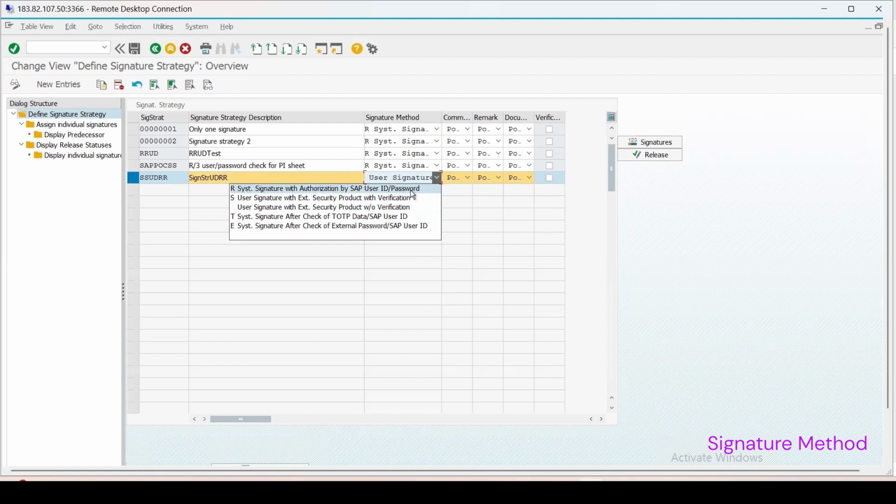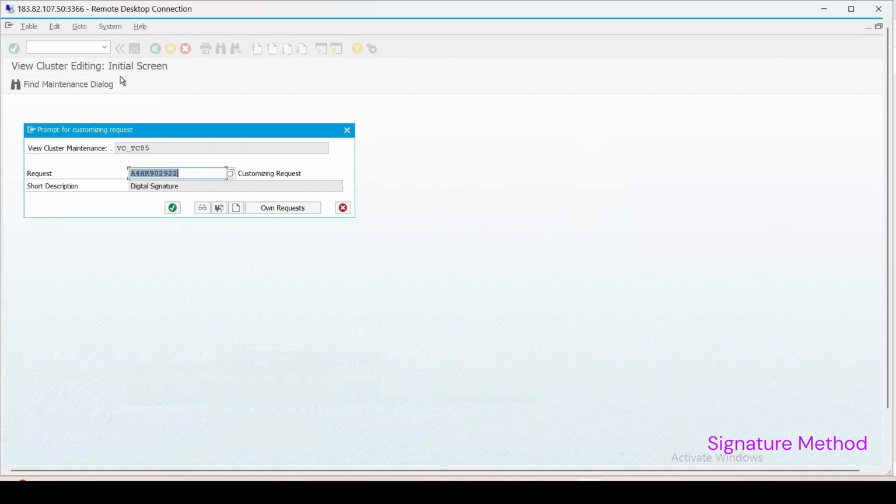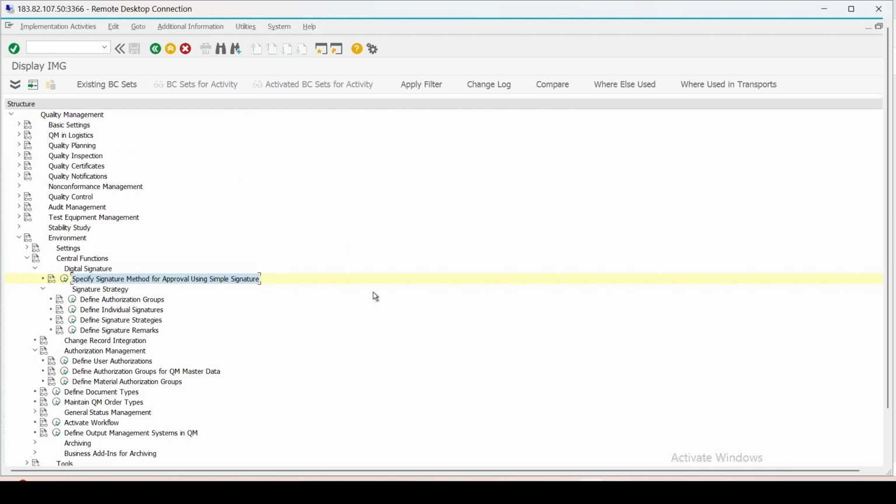It means it will ask you for whatever login details we enter, the same I can use at the time of result recording. Okay, so I'm selecting this and then click on save. Continue, and let's go back. So the configurations which are required, I have already done that.